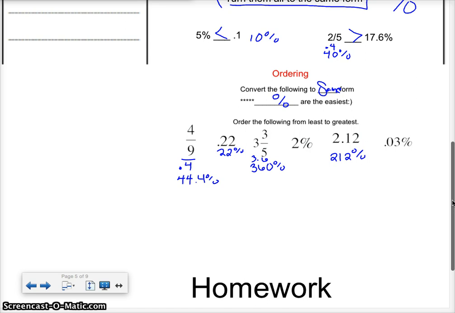And 0.03%, man, that's a small percent. So that's it. And then you go from small to big. So my smallest would be that 0.03%, followed by my 2%, followed by 22%. Now 22% they gave me as a